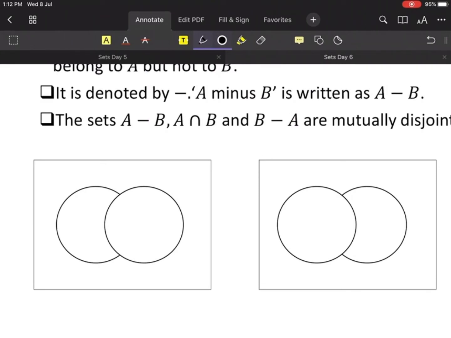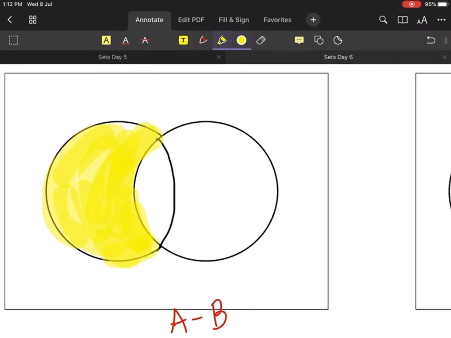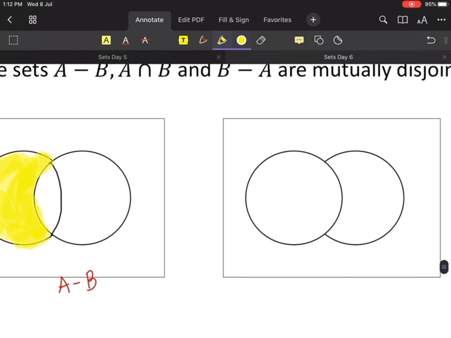They are saying we will get A union B. So let's see whether that's true or not. We cannot forget. We have to remember everything. So here, first let's find A minus B. Let's do it nicely. A minus B will be which region? I told you before. A minus B will be this region. Region of A which is not common to B. Everyone, yes or no? This is our A minus B, right? Yes, sir. Now tell me, what is A intersection B? A intersection B is very, very easy. We have already done A intersection B. A intersection B is this region.